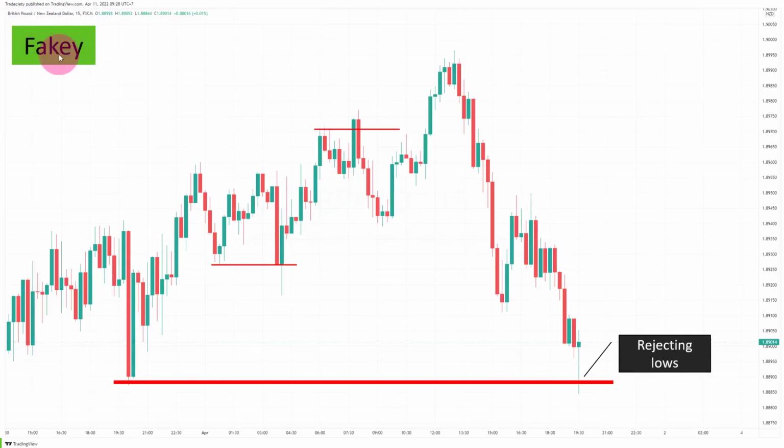Just the concept is the so-called fakie, and some people may refer to it as bull traps, bear traps, failed breakouts. And technically what you want to do is you look for either long-term support and resistance levels or short-term resistance levels or just single swings. And what you want to look for is a rejection of the level,